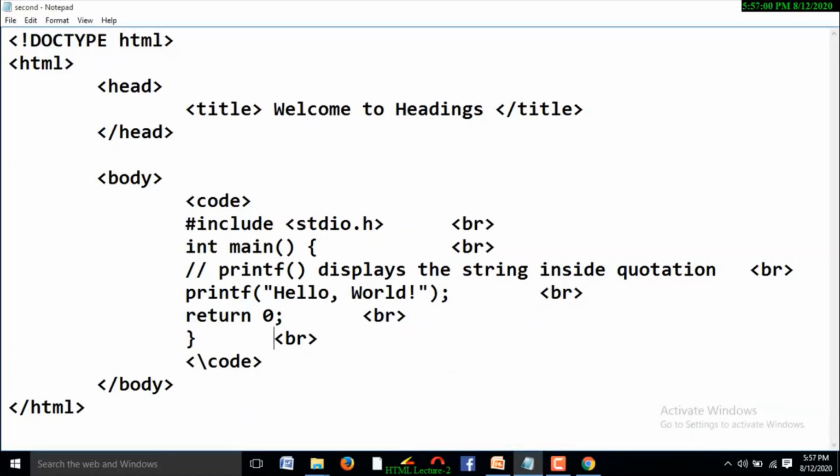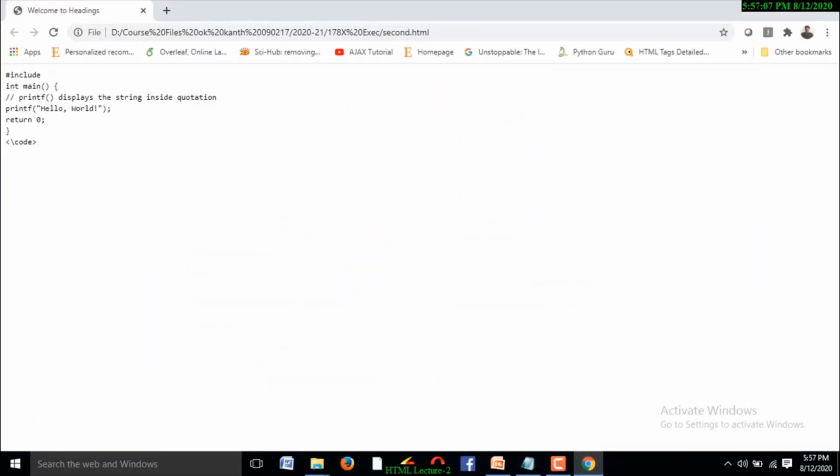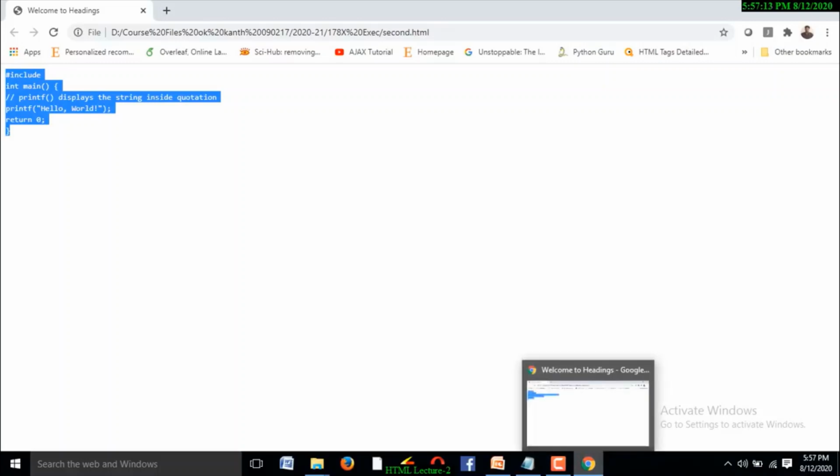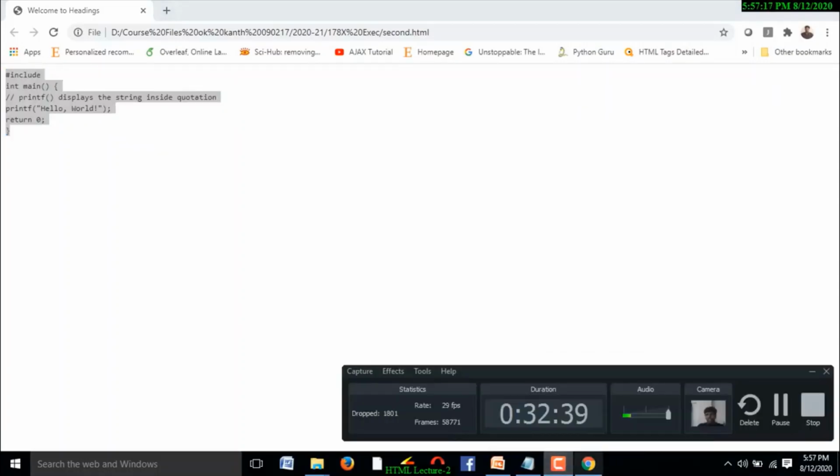Yes, I did a mistake here. This is what? Backward slash. Yes. Execute it. Yes. The code is appeared like a source code. This is the difference between normal text and source code text. With this example, you people able to know the difference between normal text and source code text.